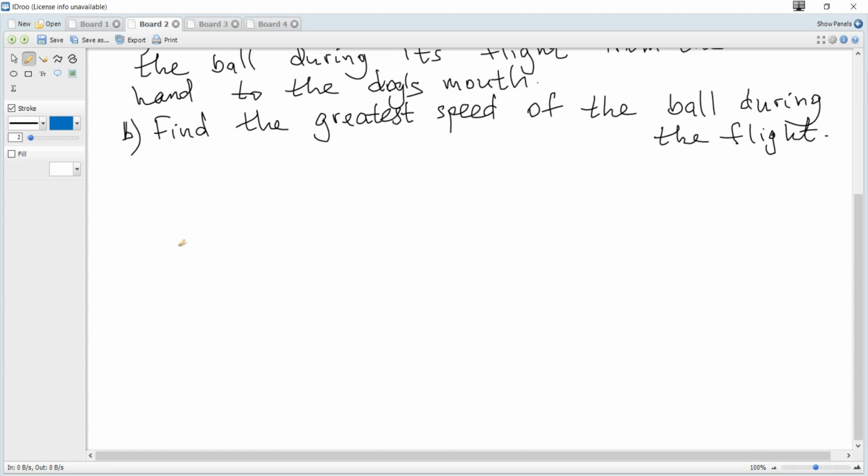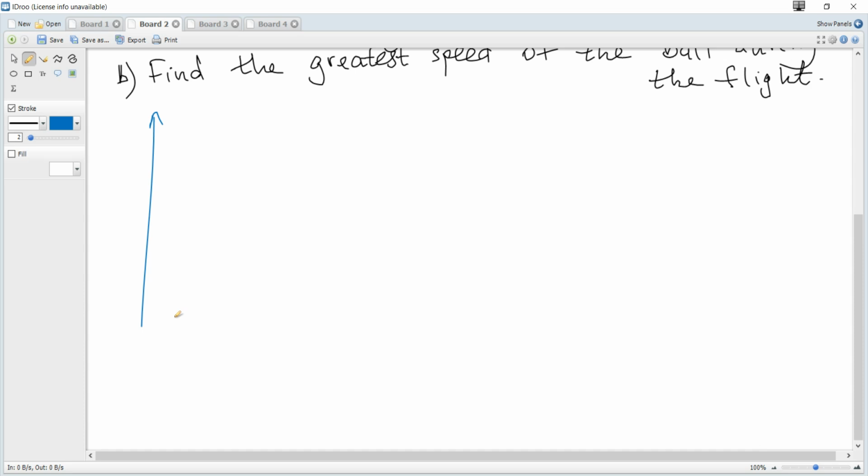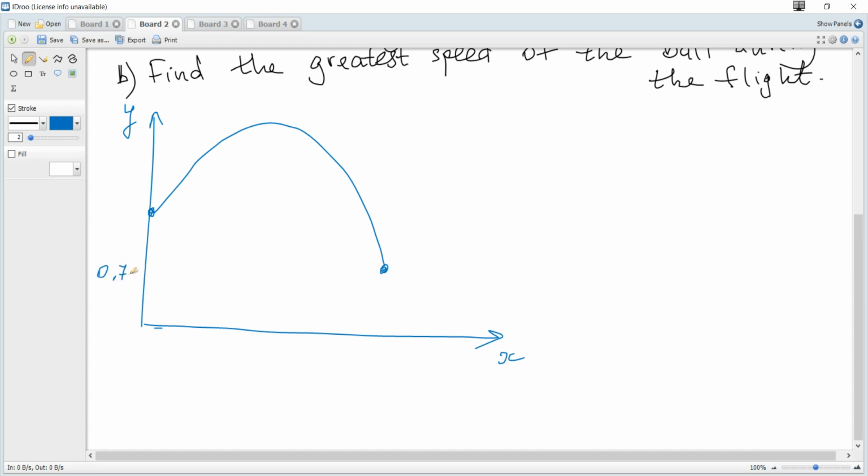So this situation looks like this. It is thrown from a height of 1.6 and its trajectory is what? It's a parabola, and it flies up to a height of 0.7 meters, and the initial height is 1.6, and you can see that what? Vertical displacement is negative 0.9. Negative because the y direction is upwards, and if we consider displacement with respect to the y direction, it's a vector, it is negative 0.9,